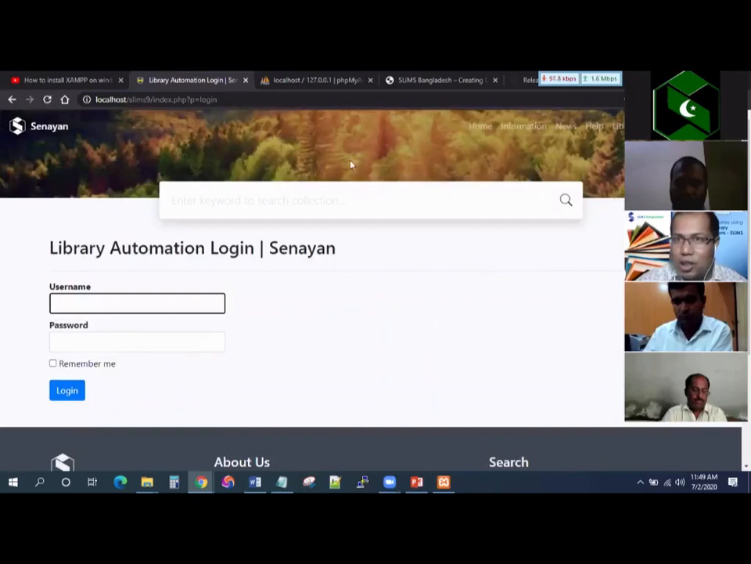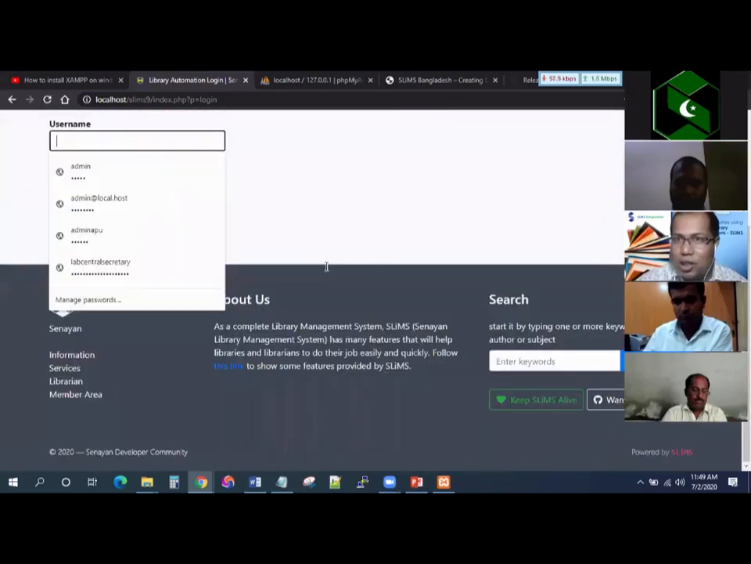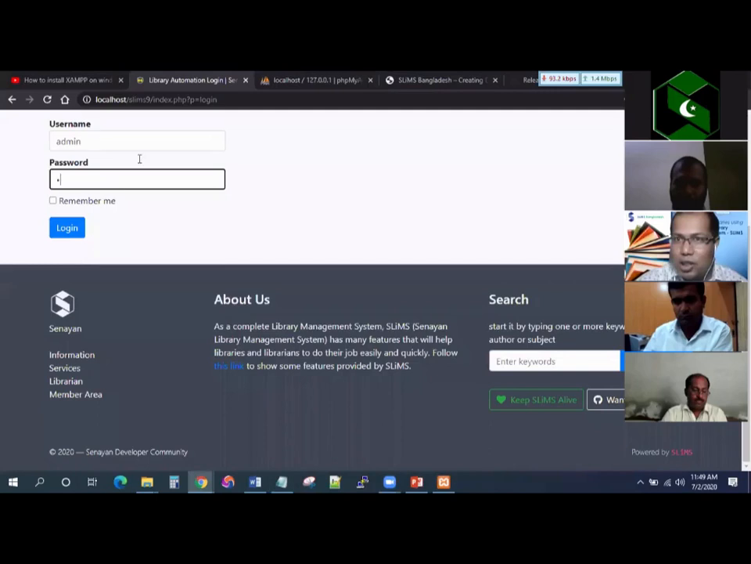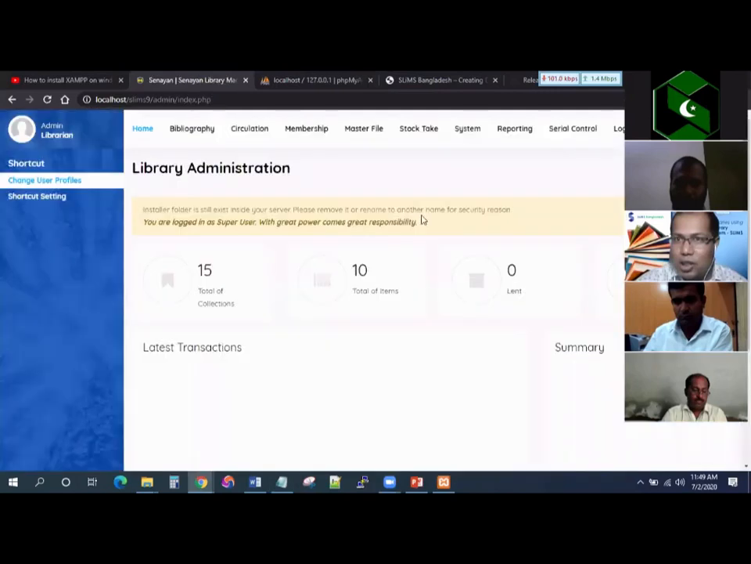Here you will provide your ID and password. This is the ID and password we set during our installation, that is admin and admin. Yes, this is our library automation administration page. Now see this message on your server: please remove it or rename it to another name for security reasons. You are logged in as super user. With great power comes great responsibility. One of my favorite quotes. Okay, so to remove this line, now we are going to